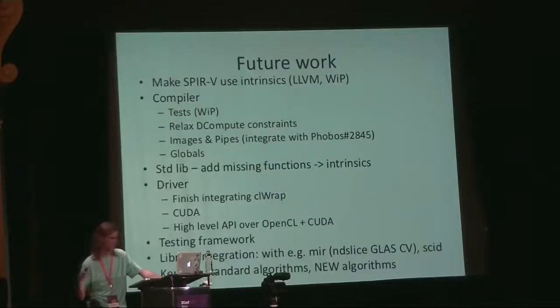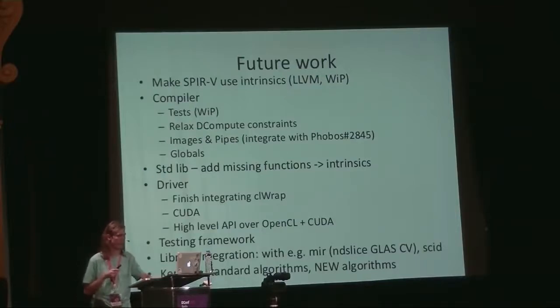So I also want to finish working on integrating the rest of CL wrap, and then start on a CUDA version of that same functionality, to provide a high-level API over that, so that you don't need to worry about calling the different functions that you don't care about. You just want to launch a kernel. You don't care that you need to set some particular parameter of the kernel. And then external library integration, I think, would be a good thing to try and offer.